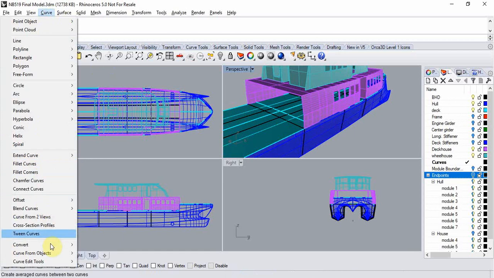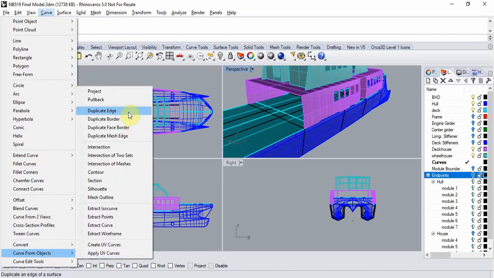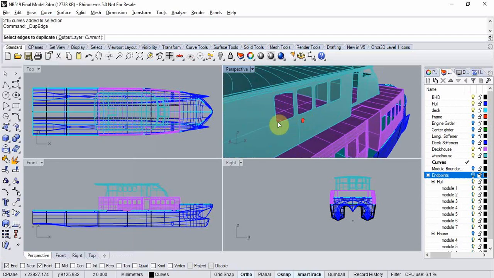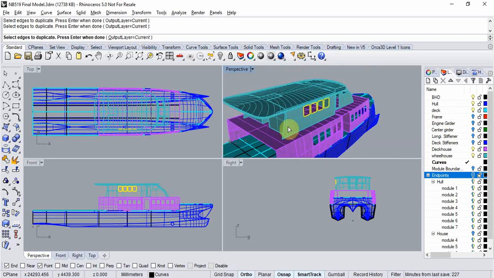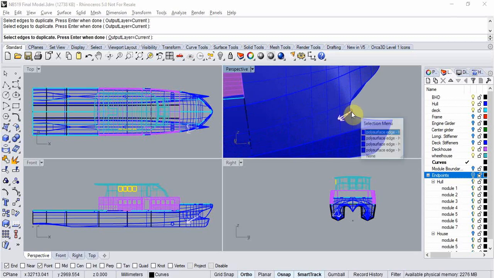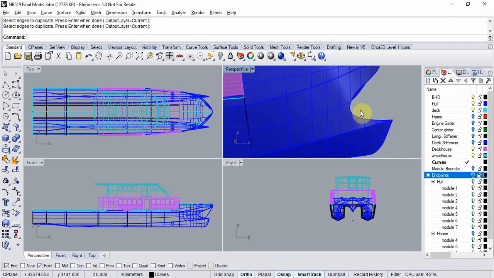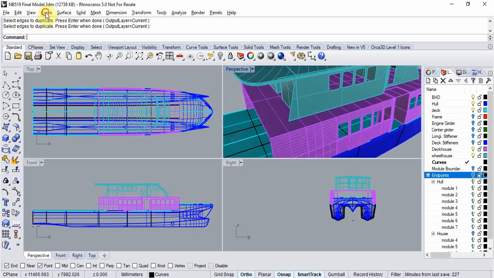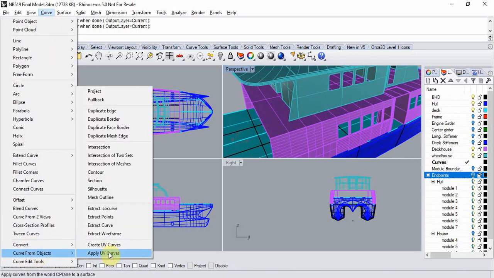To extract our feature curves, we'll use either the duplicate edge or duplicate border commands. For duplicate edge, we can simply go in and grab an edge of a surface. In some cases, there may be quite a few edges, such as along the stem here. It's broken up into very small pieces. That'd be somewhat difficult to extract there. The other option that we have is to use the duplicate border,